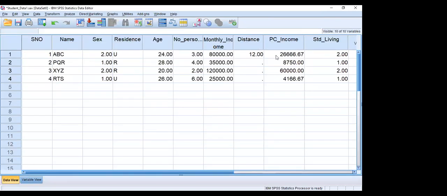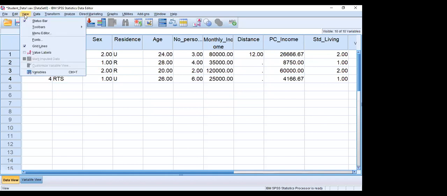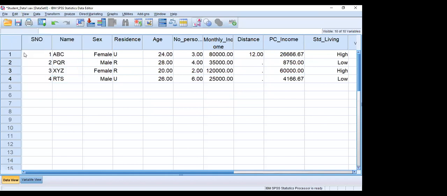So you click on the data view, you can see how this has been assigned. So high, low. So like this we have modified the data. First we have got number of persons and monthly income. Using that we have got the per capita income, and based on the per capita income we want to categorize this household as high standard of living household and low standard of living household.